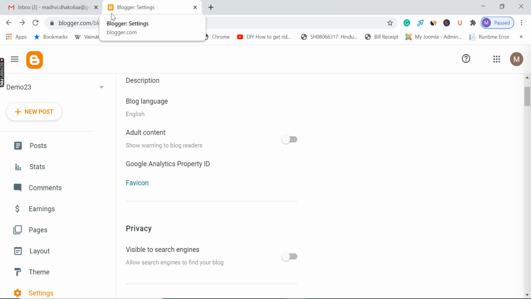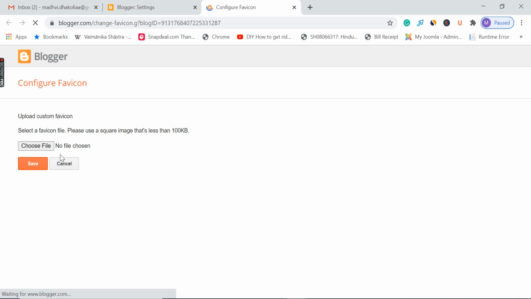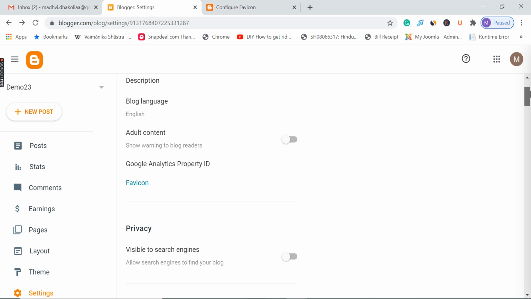You can enter it here in order to make it visible in the tab, it could be any logo or alphabet. If you have the file already, simply click on it, choose the file from your system, and save it. The way Blogger is visible over here, this is the favicon. If you have your customized favicon, you can select it from here and add it to your blog.